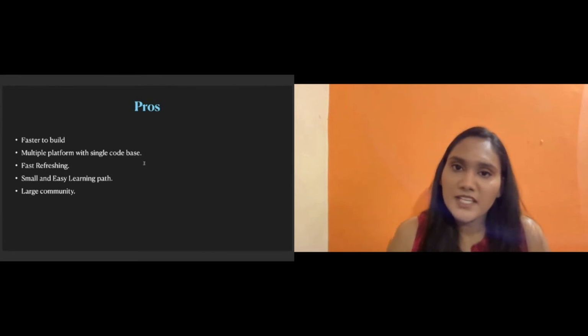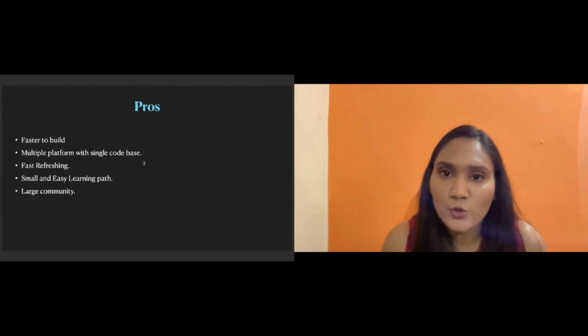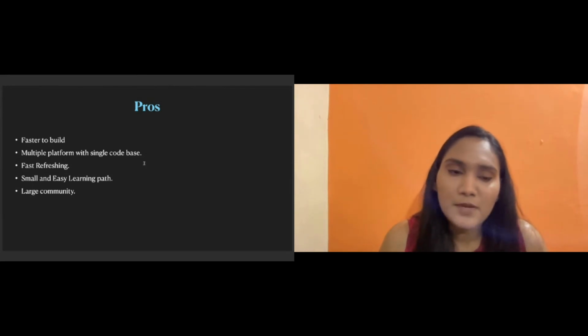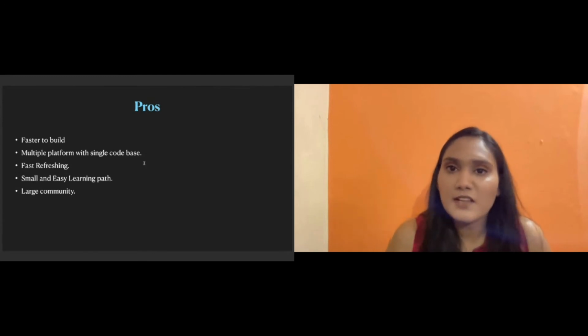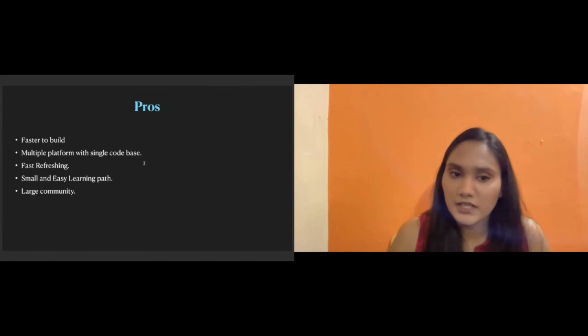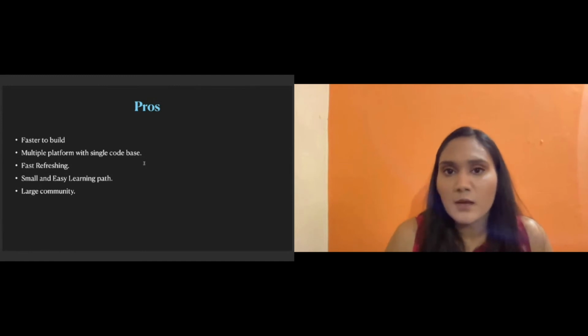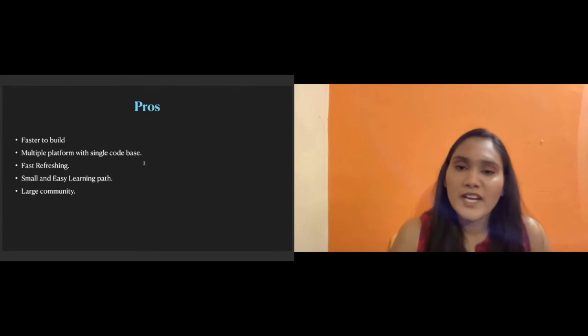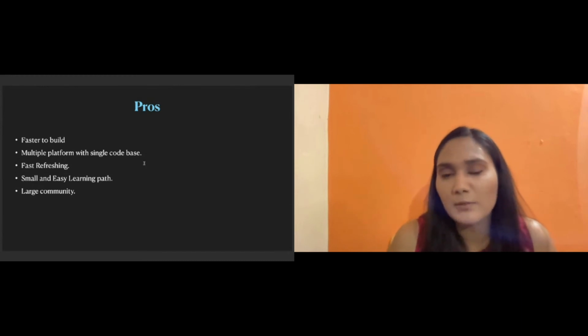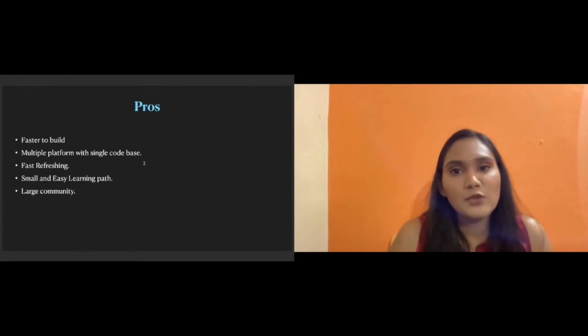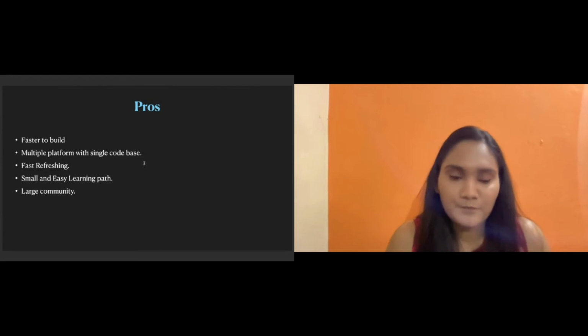As I showed you, I commented some part and added some part, and that was reflected in the mobile simulator by itself. I have done nothing. But if you are doing some native code change, like adding some npm installs, then definitely you have to start your application and build it again. But in case of JavaScript, no, you do not have to do anything.